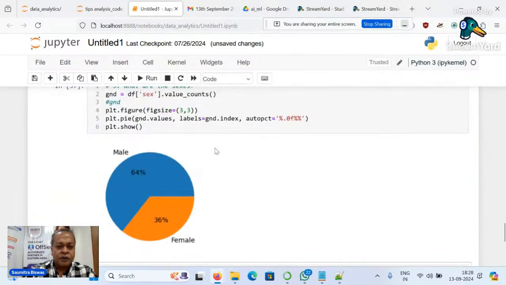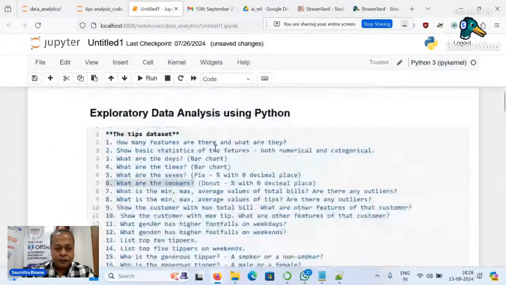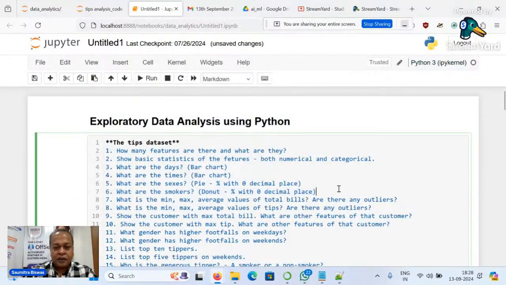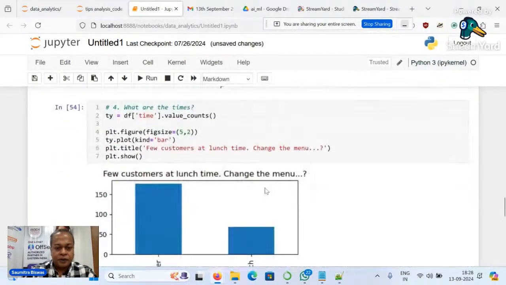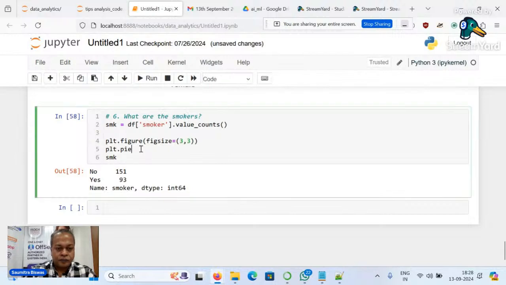And so we're going to use a donut chart. We're going to use a donut chart. PLT dot pie. And again, SMK dot values, labels equals SMK dot index,